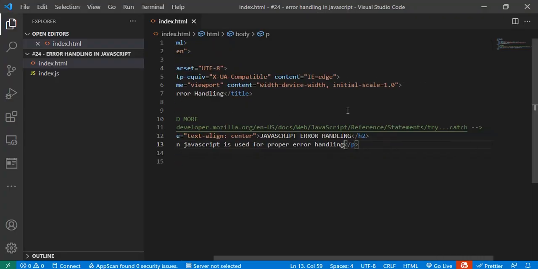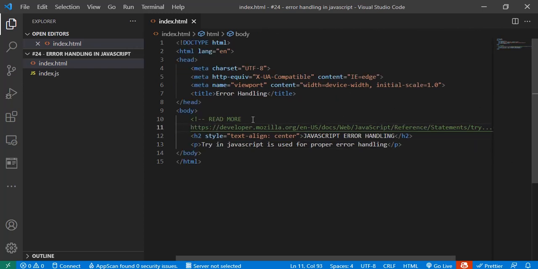Before we go on, please go to this URL and read more on try and catch. And when you are done, just come back and let's continue. And if you are done,